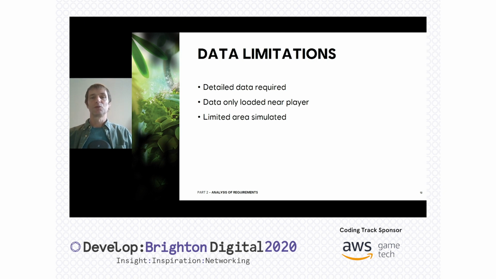For a large open world game, it would be impossible to load all of this data for the entire world into memory at one time. The games rely on streaming systems to ensure that high detail data is loaded only in the area immediately around the player. This often means that it is impossible for simulated entities to stray more than a few hundred meters away from the player.